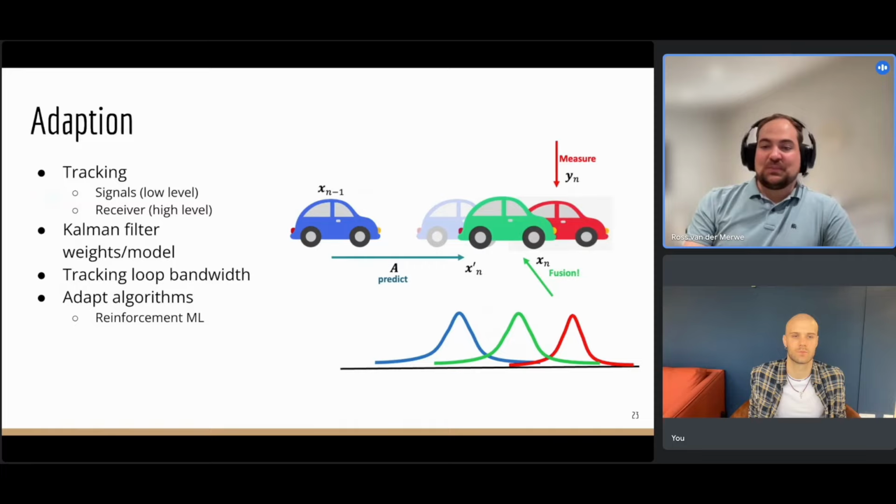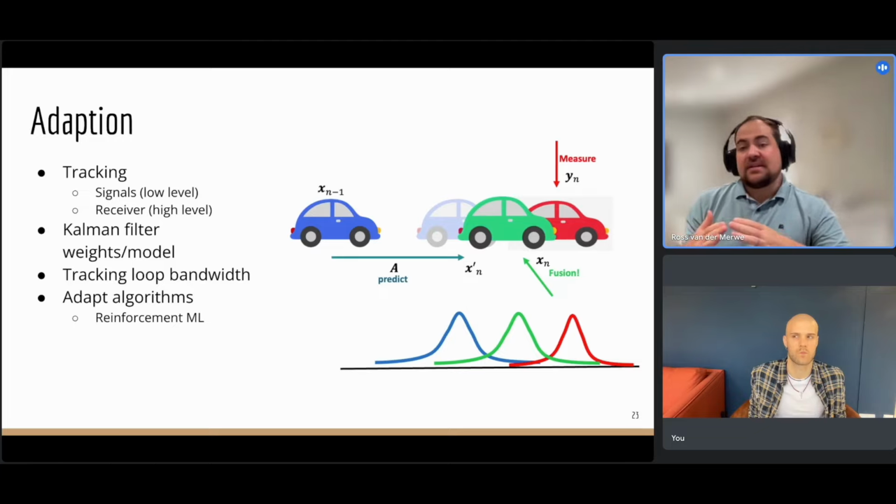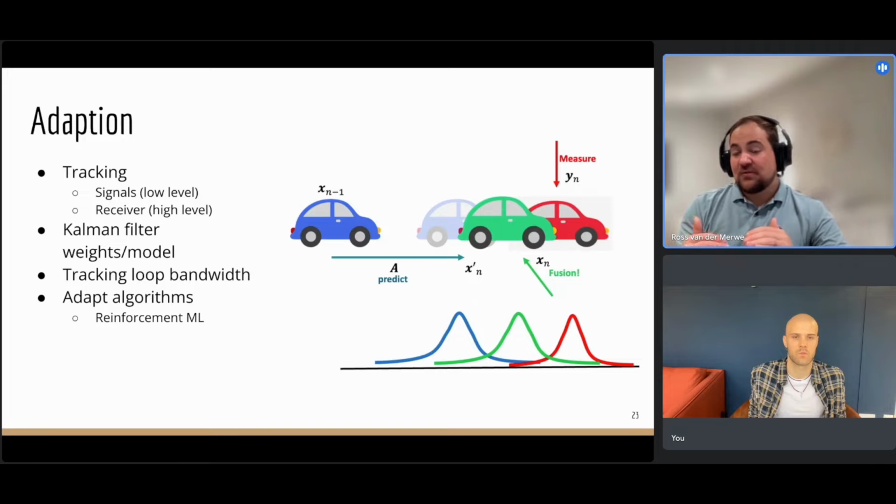Theoretically, this is the best thing you can do, but do you know what this error distribution really is? Do you really know how accurate your predictor is? Do you really know how accurate your measurements are? One of the things you can do in a Kalman filter is some kind of reinforcement learning, where you try to figure out: I think my noise level for this satellite is so much, can I improve it, reduce it, and adapt how much? So basically, how much am I trusting my blue car? How much am I trusting my red car?